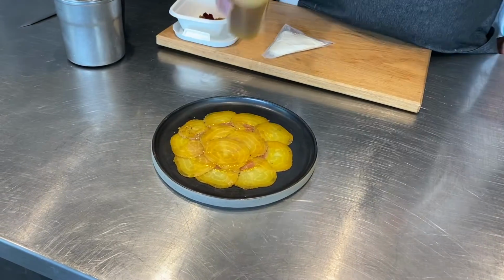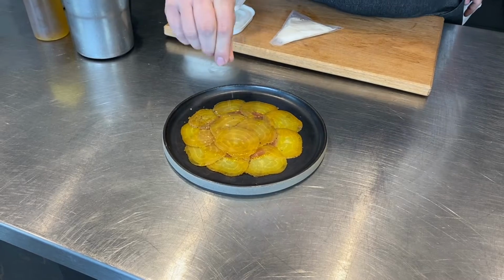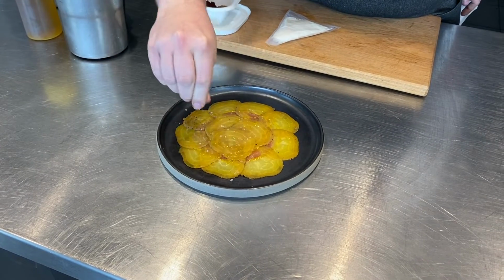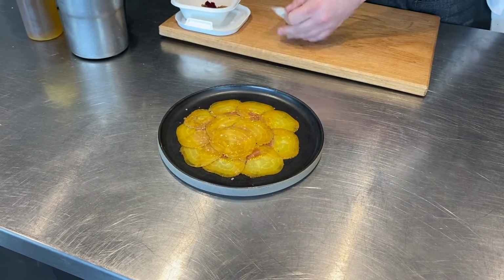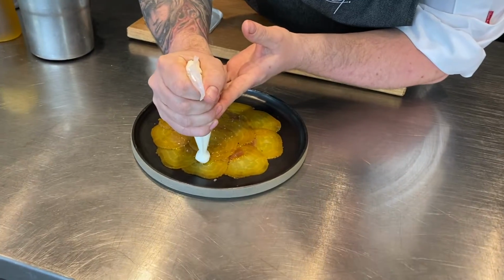Let's pull it over, and also just a touch of molten salt as well. Just a little bit there like that. And finally, we're going to get our whipped goat's curd, and we're just going to pipe this around the plate,